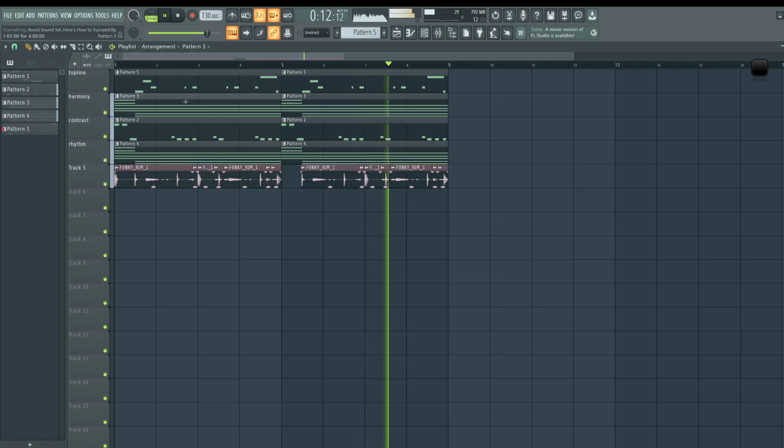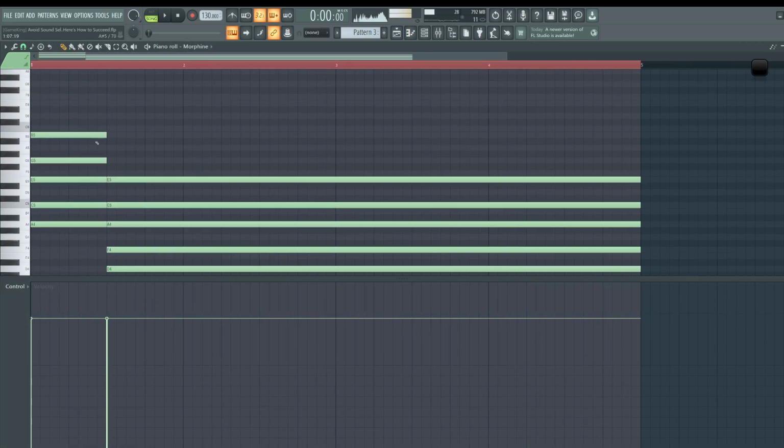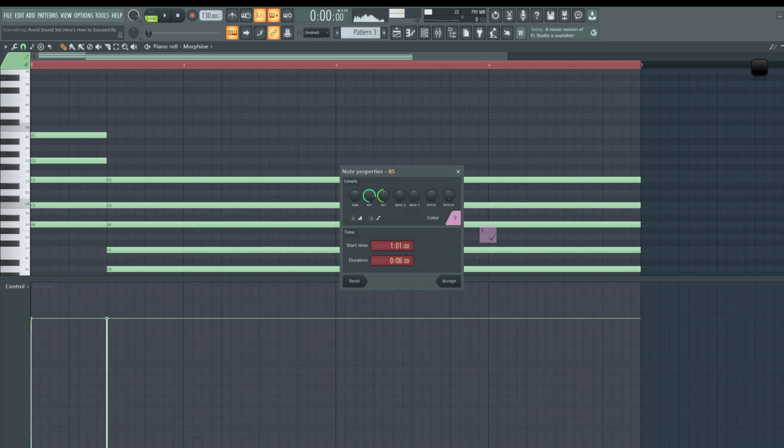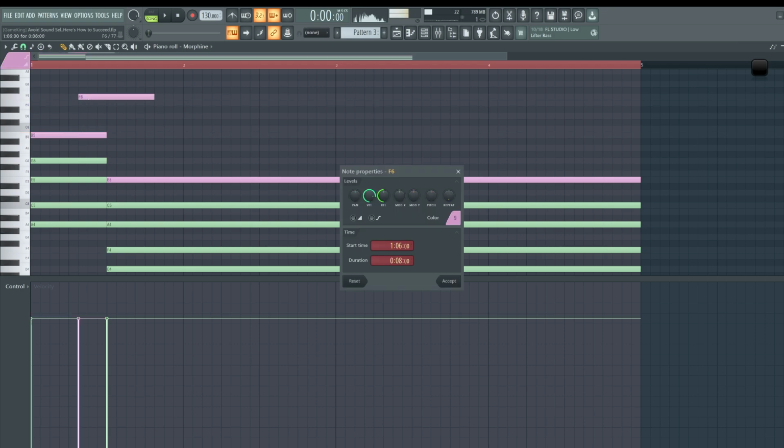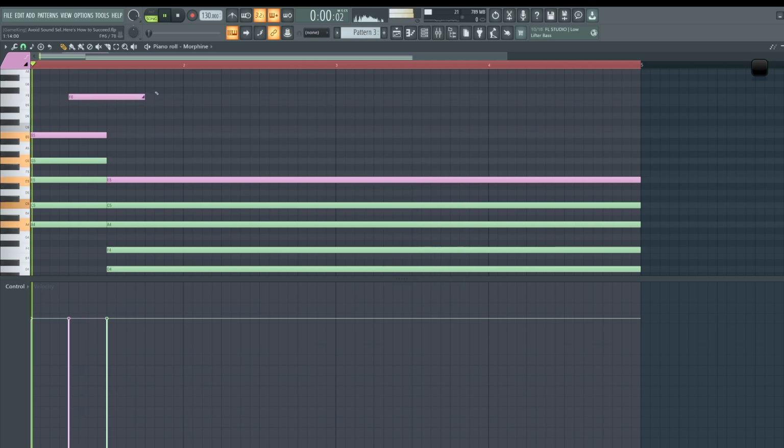Let's add one more detail to our chords here. So this is more advanced. I learned this from Synthit. We could basically make these different MIDI channels by clicking on it and changing the color to a different color. And as long as we create a pitch slide of the same color, this color will slide to the pitch slide. So what does that sound like? Just double click, add a slide note with the same MIDI channel, which is the same color. So it only slides between these notes and not the entire chord.